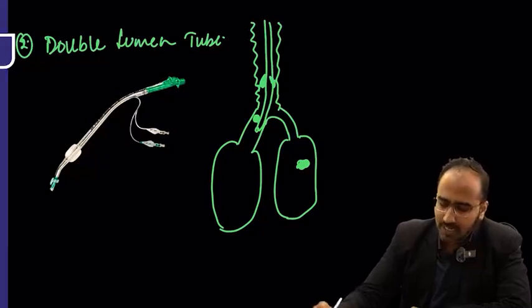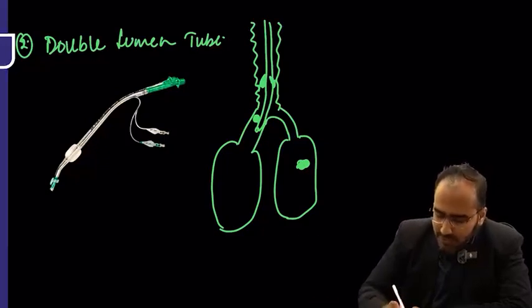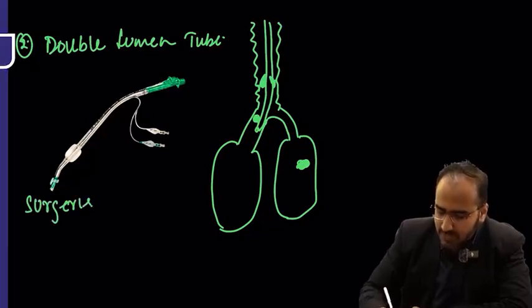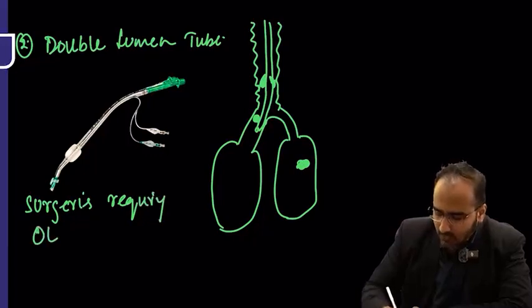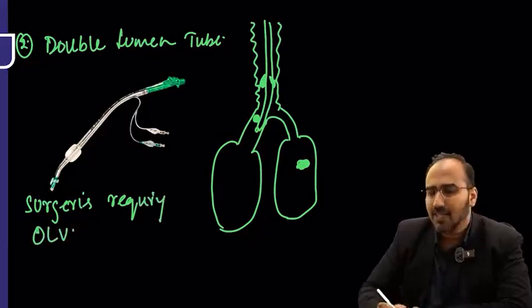Okay? So that is a double lumen tube, always used for what surgeries? Surgeries requiring one lung ventilation. Surgeries requiring one lung ventilation. Okay? The best way